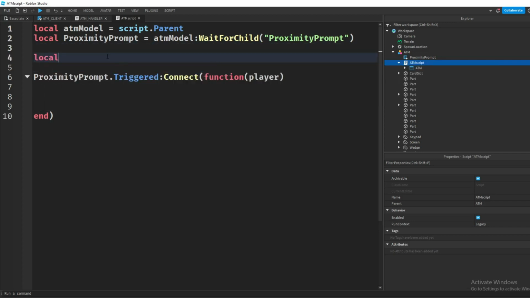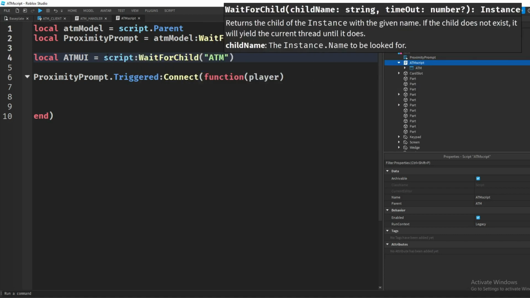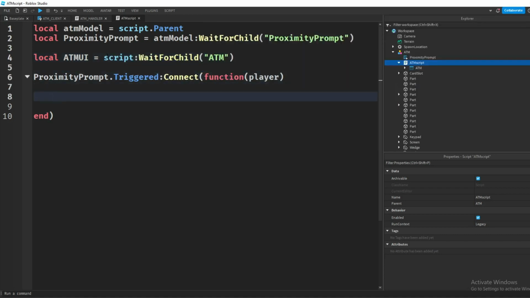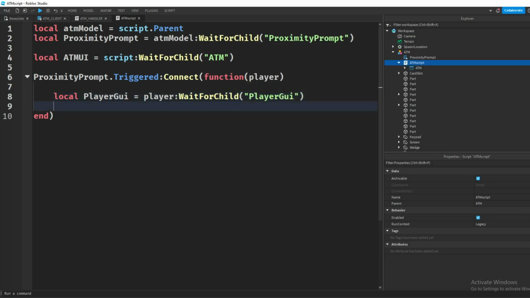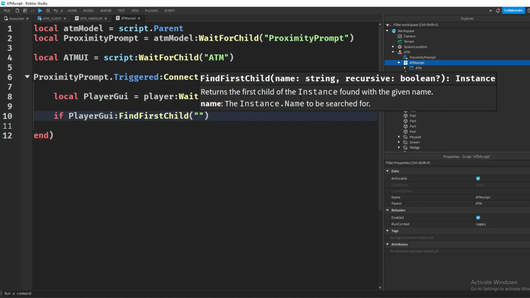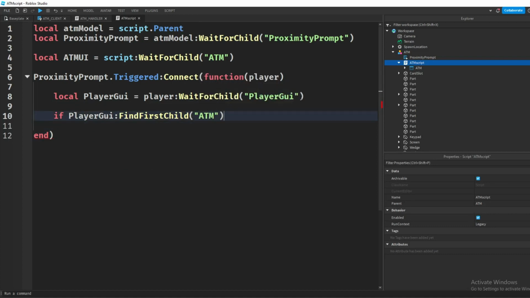So let me just say ATM UI equals to script.Parent, script.ATM, so script with child ATM. So what we're gonna do is we're gonna just get the PlayerGui, so player with child PlayerGui. So the PlayerGui is inside every player, and when we find the PlayerGui, we're gonna say if PlayerGui:FindFirstChild ATM, then